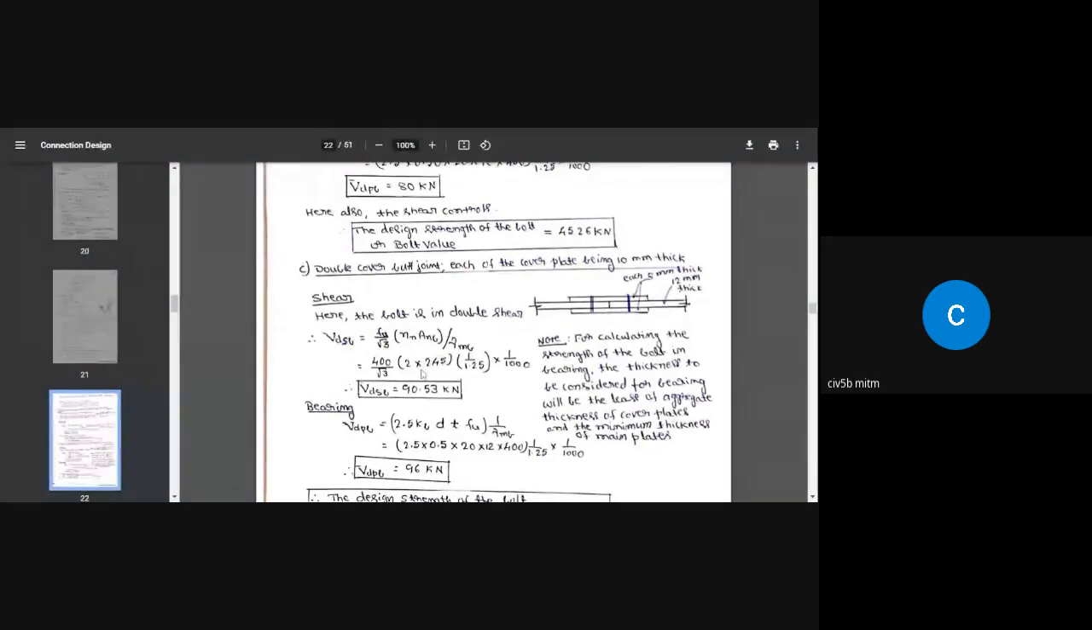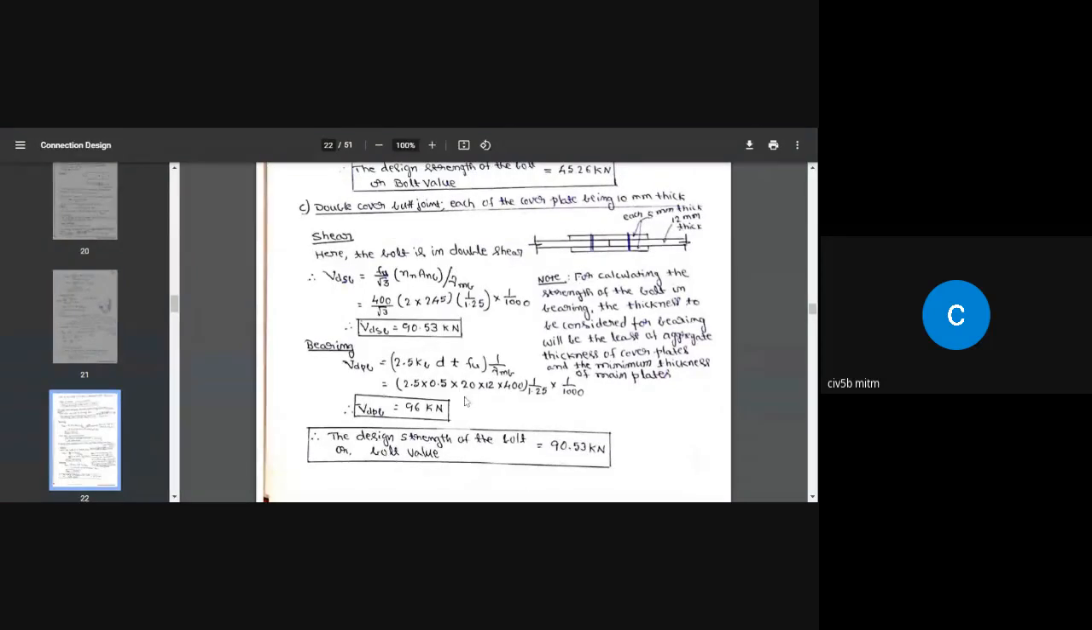And of course, this is the net area, 245, pi by 4 multiplied by 20 square multiplied by 0.78. Okay, so 400 by root 3, this is VDSP, that is the shear strength of the bolt. When the bolt was in single shear, the strength was 45.26. Because the bolt is in double shear, the strength gets double. It is 90.53 kilonewton. Okay. So when it comes to bearing,